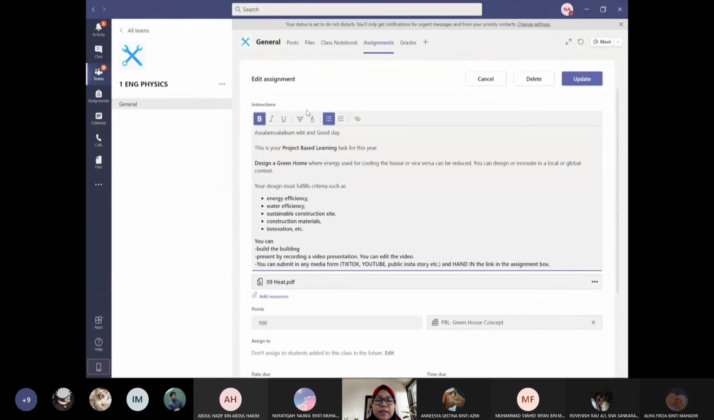You can screenshot all of this. Energy efficient, water efficiency, and sustainable construction site. And then construction materials, where you use good materials to build the house. For example, we use clay. Why clay? And then you build the building and then present by